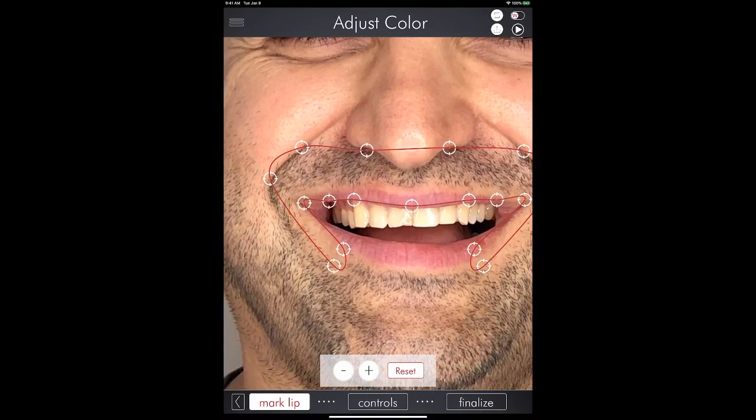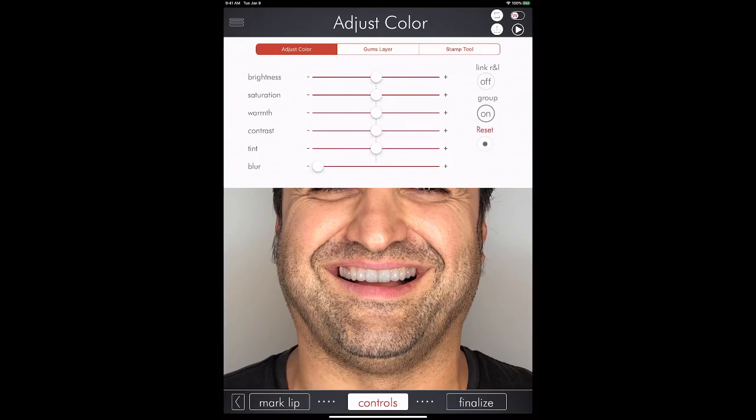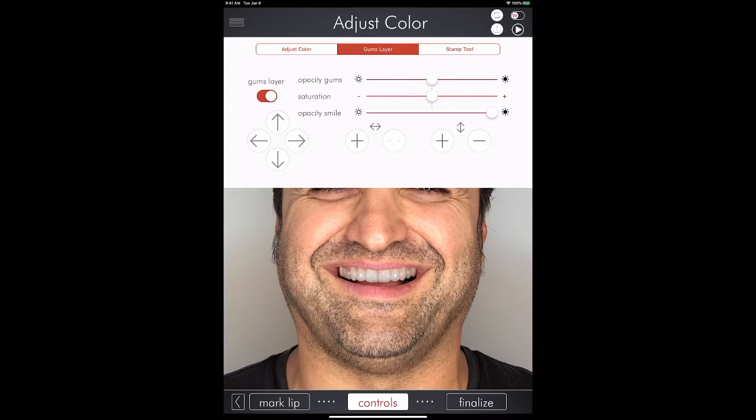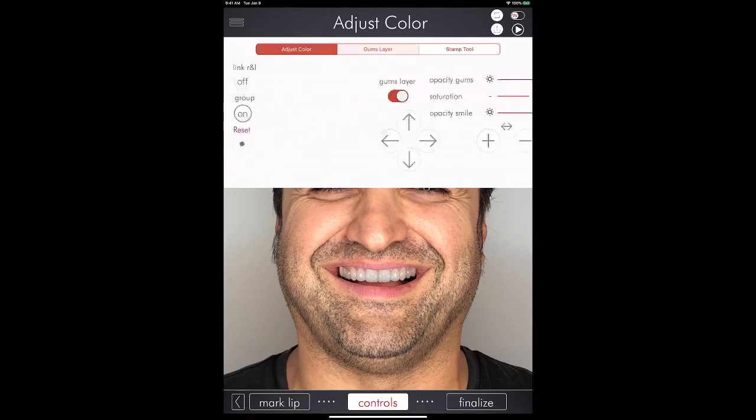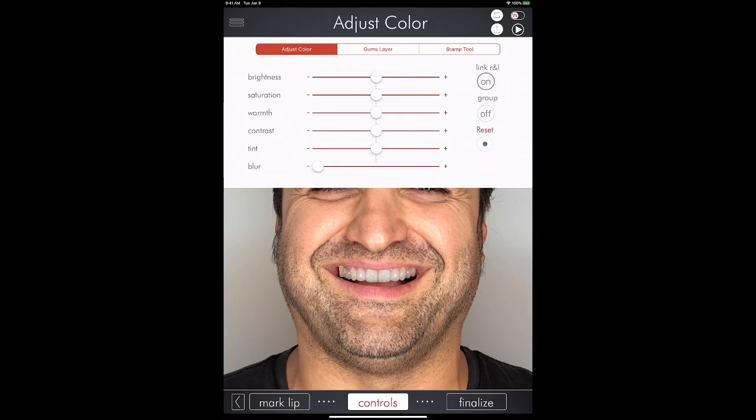In the next screen, I have to select my lip, the upper lip line, just to place the smile in the mouth. Controls, and here we go. Here is my smile. Now I need the gum layer, of course, to cover gaps between my teeth. I'm gonna adjust the colors, the brightness of the premolars, so that I get a natural